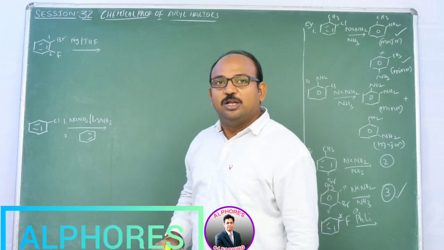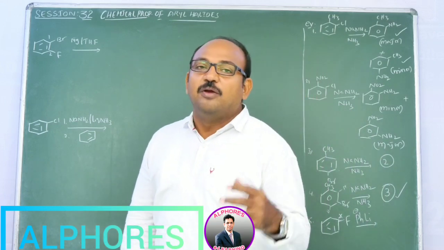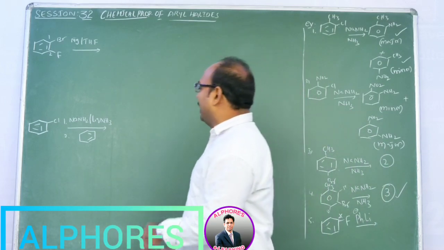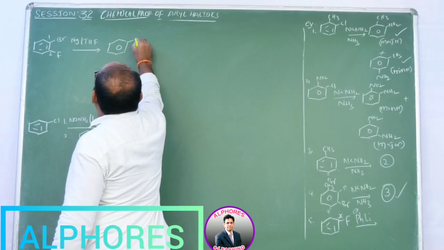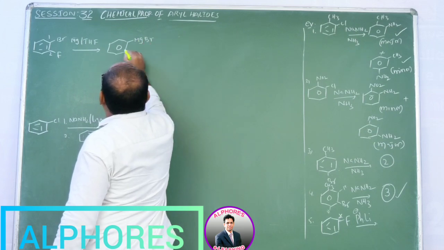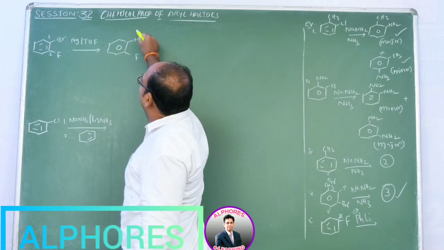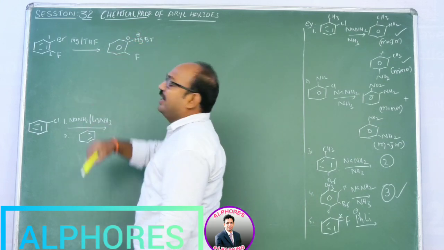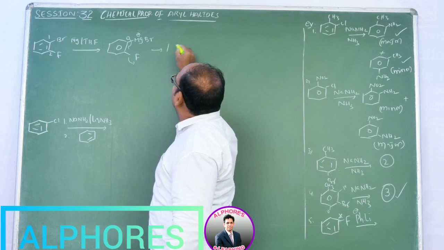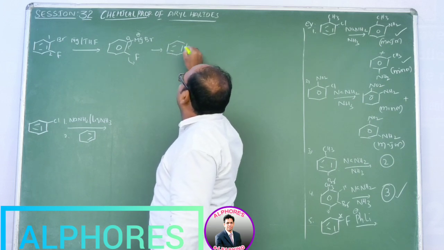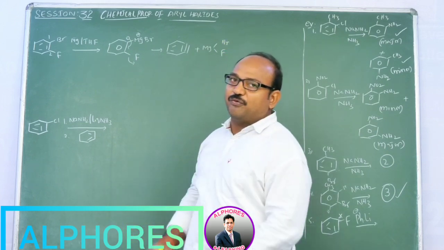But your question is with respect to which one? With respect to bromine or with respect to fluorine, what is going to form the Grignard reagent? So here magnesium is going to form the Grignard reagent, phenyl magnesium bromide, and fluorine. See here, when this carbon is attached to the metal, the metal bears a positive charge and this carbon bears a negative charge. And whenever this negative charge comes here, F is going to leave. Then the product we get is benzene plus MgBrF.